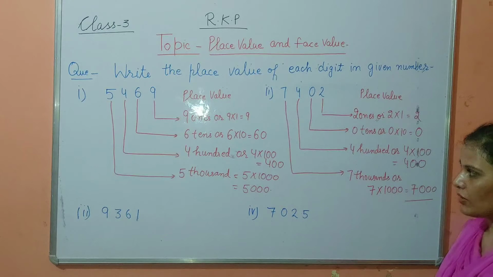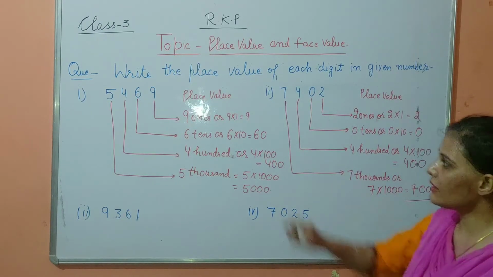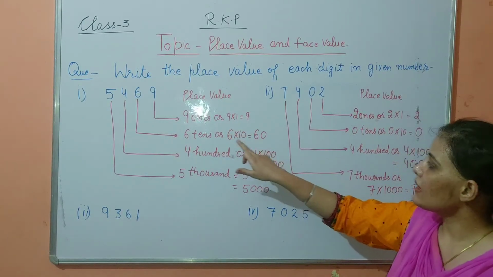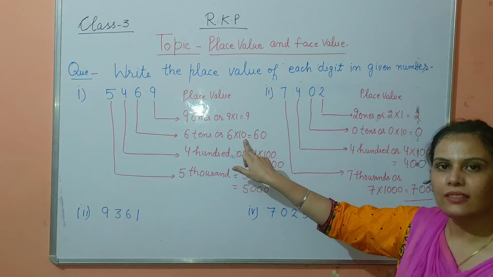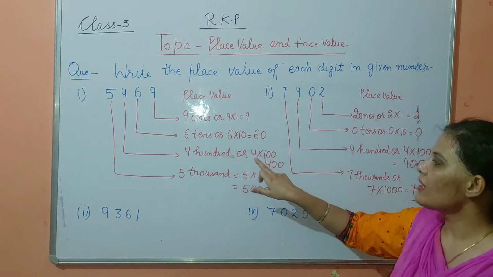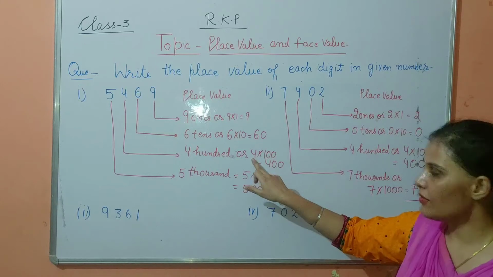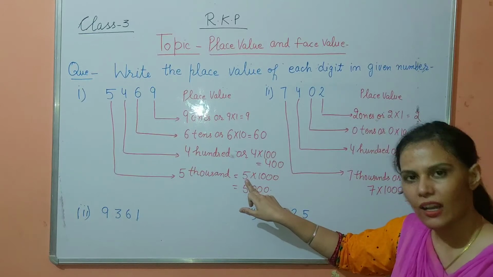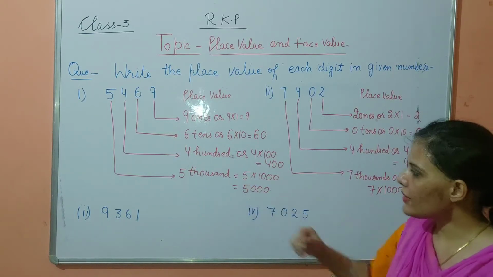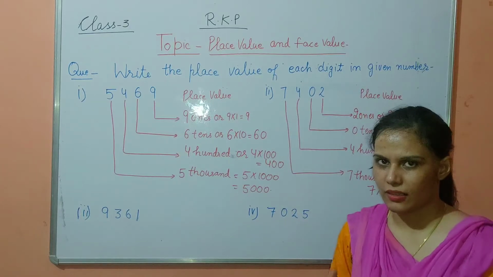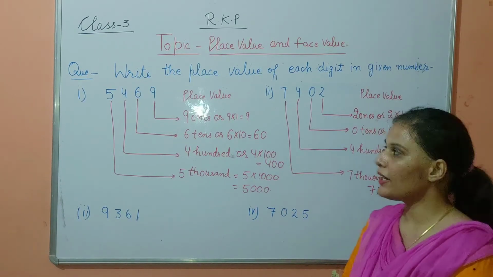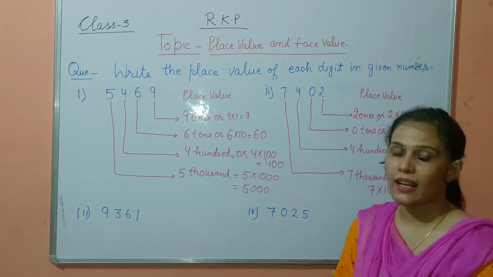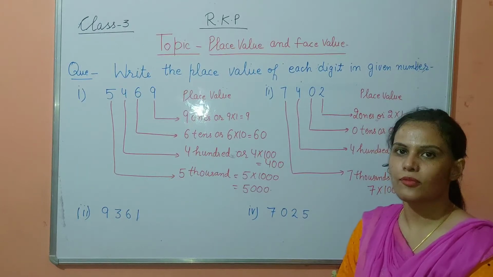7000. So students, you can see the digit is multiplied with 1 at ones place, the digit multiplied by 10 at tens place, the digit multiplied by 100 at the hundreds place, and the digit multiplied by 1000 at the thousands place. So if I want to make it very fast, then how can I make it? If I don't want to know every digit's place value, want to know just one place value, then how will I make it fast?